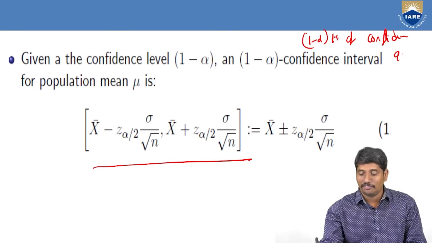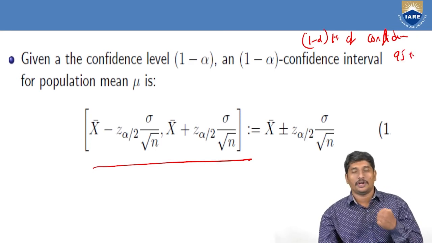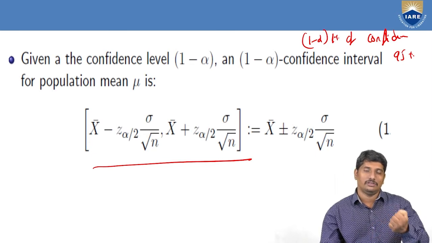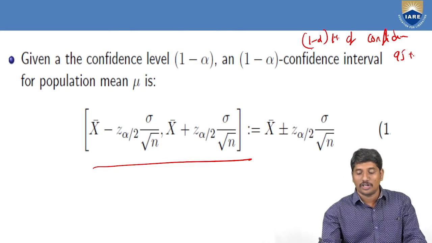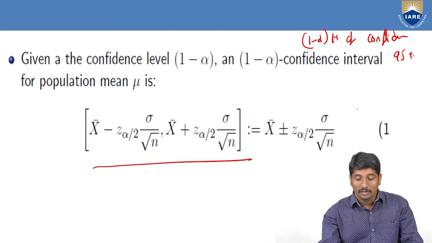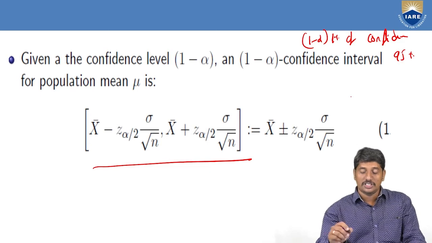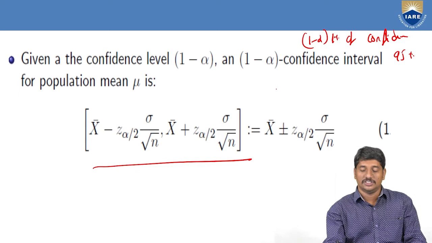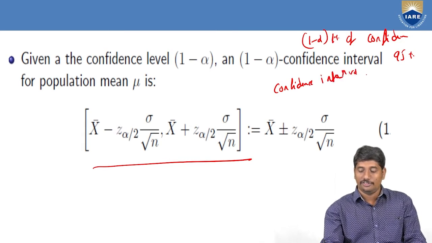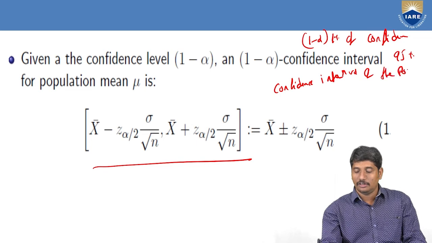You can take 95% confidence, or I'm 99% confident that I will do this task perfectly. So the level of confidence is expressed as 1 minus alpha. And corresponding to this level of confidence, we define the interval of estimation of mu, or the confidence interval of the population mean mu as